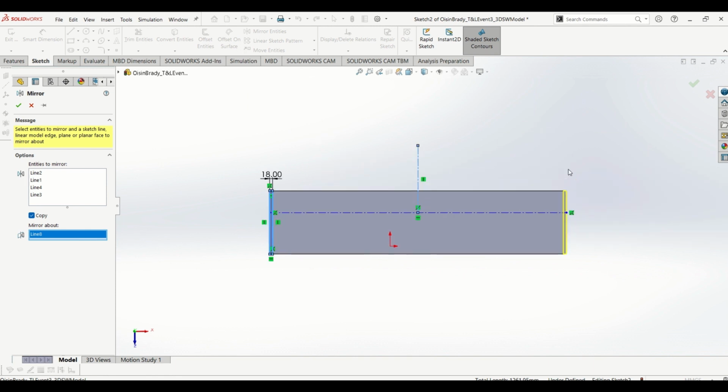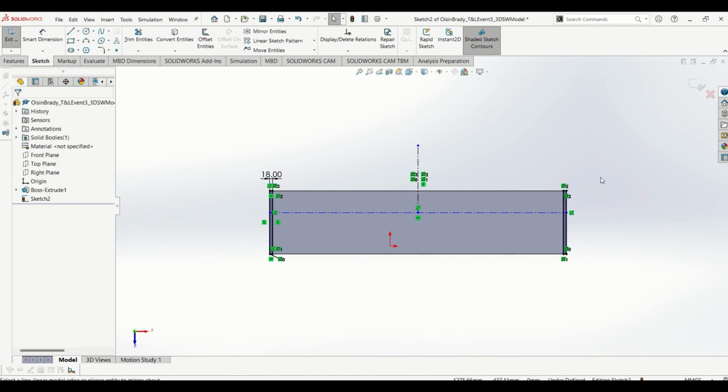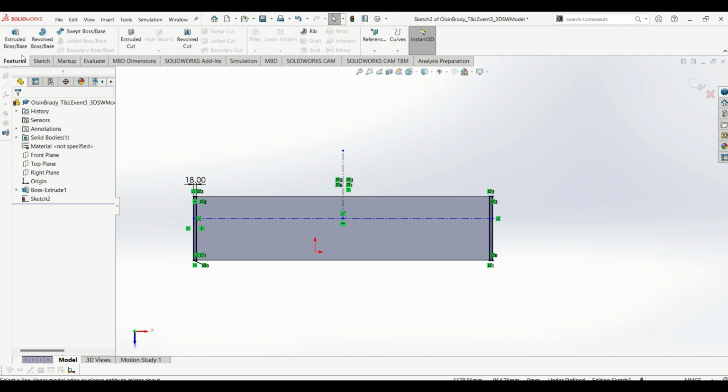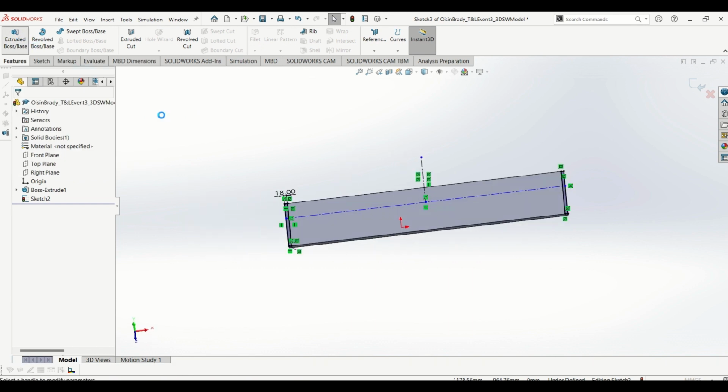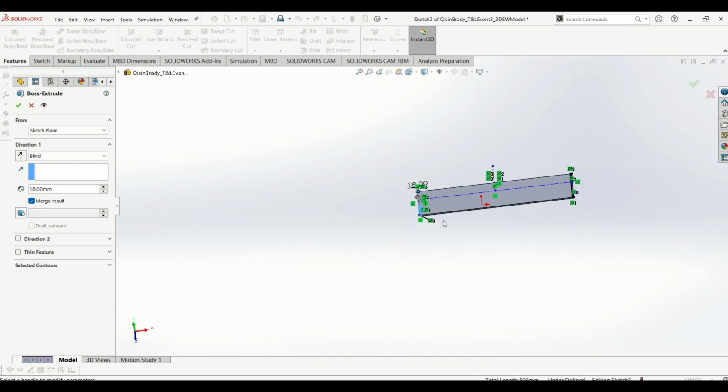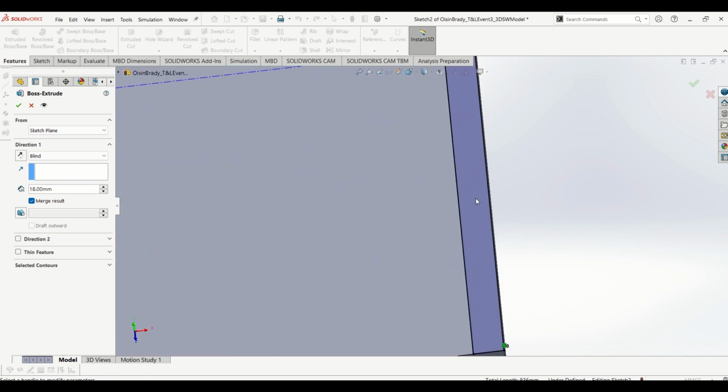So we'll left click on that center line, and you can see in yellow here we have an exact copy of the side that we just created. So we'll go ahead and we'll green tick on that, and you can see that sketch is now copied over. So the next thing we can do, we want to add thickness to these sides. So we're going to go ahead and hit features, extrude boss base, and we're going to select both of our sides. So we'll zoom in using the scrolling wheel,